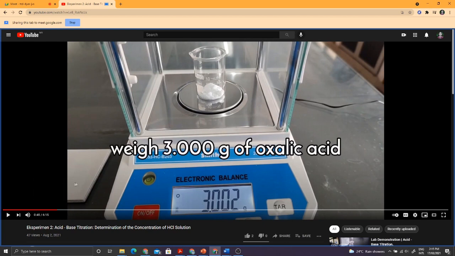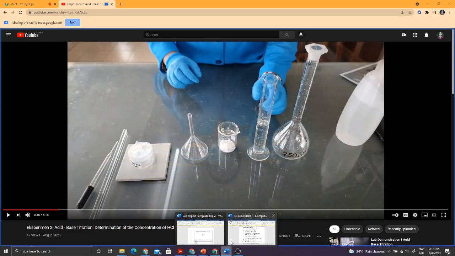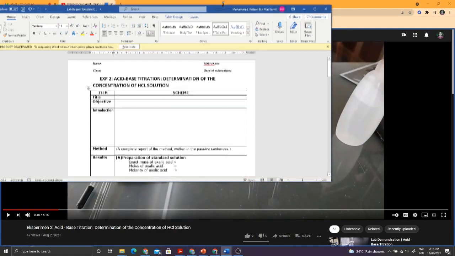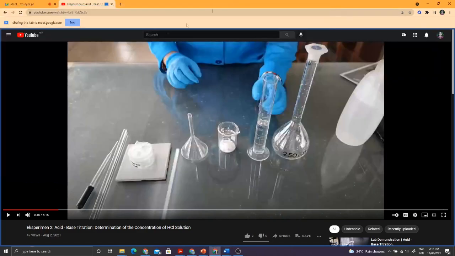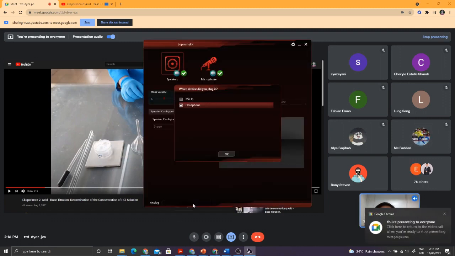So let's see. The first thing yang you guys punya lab report. Okay. Kalau you guys tengok template untuk title, Sir tak buka mic lagi. Okay. Okay, boleh dengar ke? Okay. Boleh. So untuk lab report,